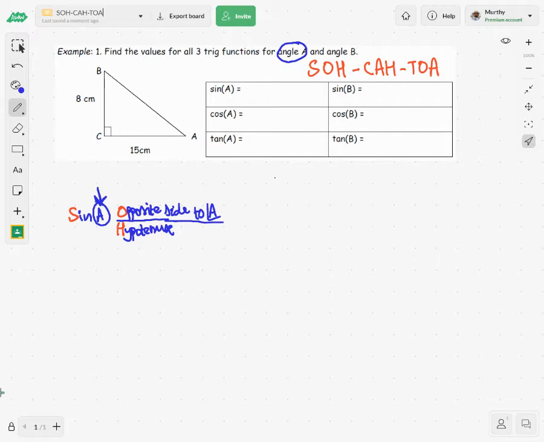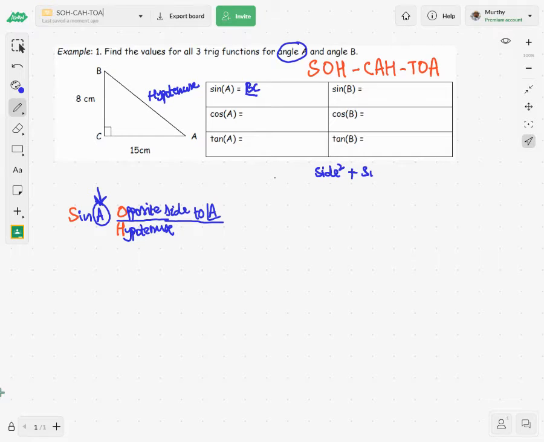angle A. And if I were you, I prefer to draw the arrow mark so that I will never make a mistake. So I see that here angle A and opposite side to angle A is BC. Therefore, it is BC over the hypotenuse. This is the hypotenuse. Oh my God, here hypotenuse is not given. What to do? I hope you remember that in a right angle triangle, you can use Pythagoras theorem and you can find it. So here quickly I am showing you the